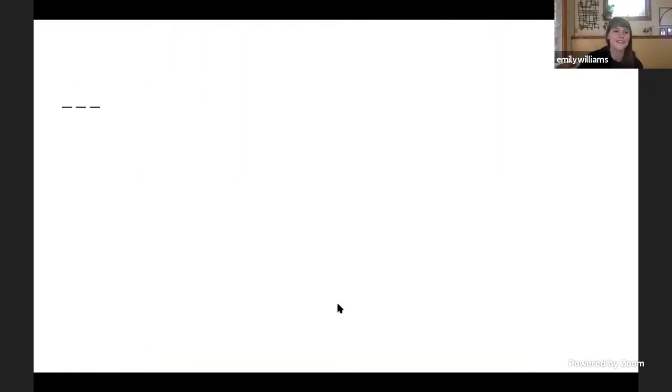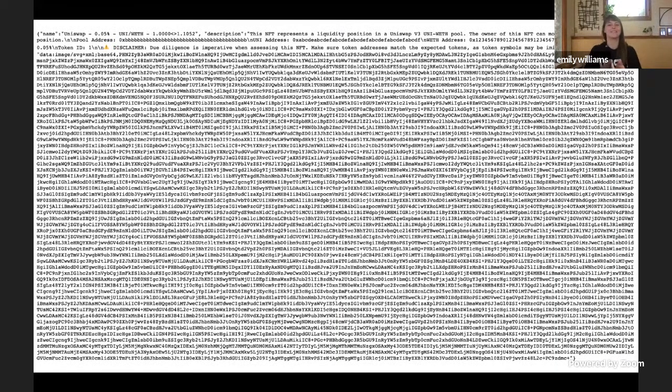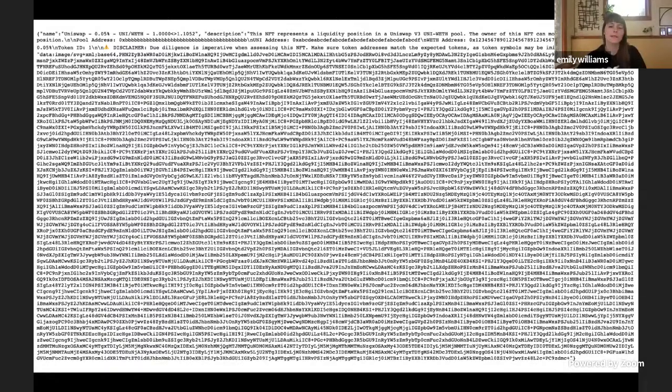Cool. So when you get our huge data URL returned and you plug that into the browser, it will display all of the information for you. It's kind of ugly, but mostly because we have this huge URI for our big SVG image, which will also be decoded. And the reason we did SVGs to store on chain: